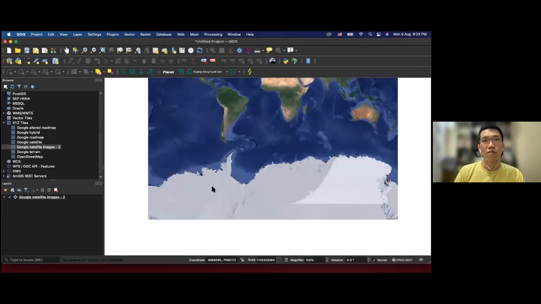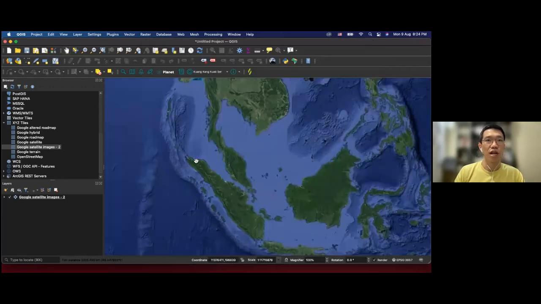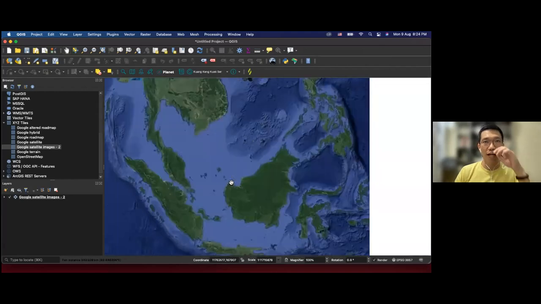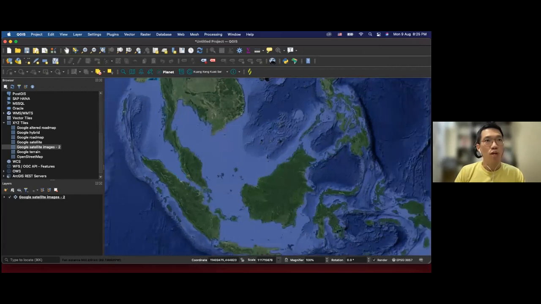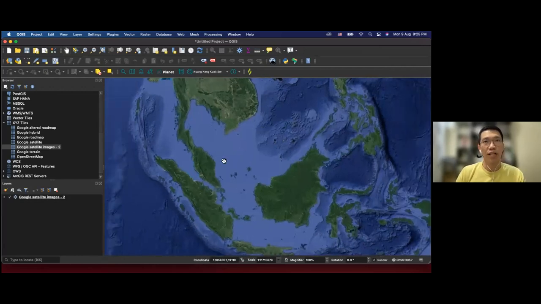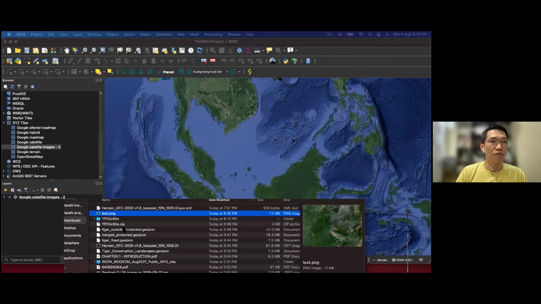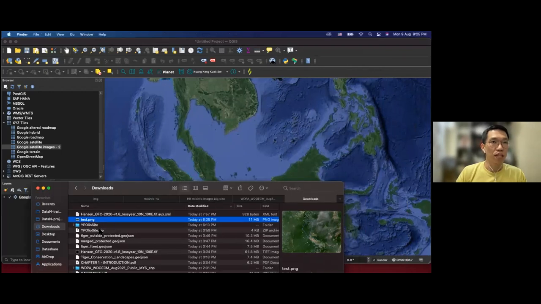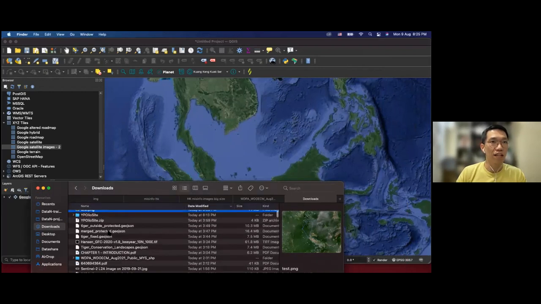Since most of us are from Southeast Asia, I'm going to use Malaysia as the example here to do our geospatial analysis. Okay, the next thing is once we have the base map setting, we can then add layers on top of the base map, so to do our geospatial analysis. So the next thing I would like you to do, once you have downloaded the layers, is first put in the tiger layer, the tiger conservation landscape